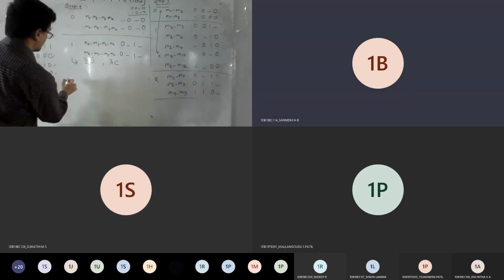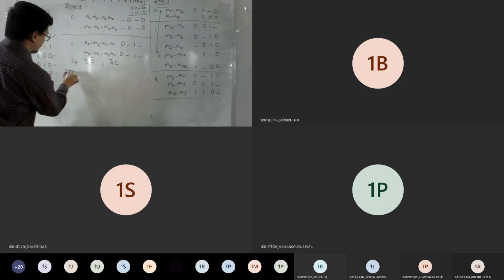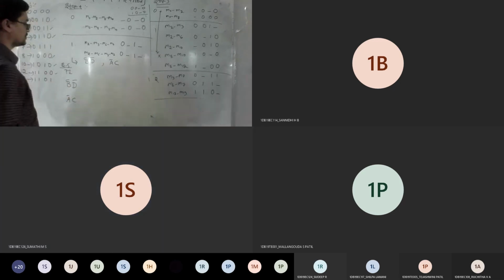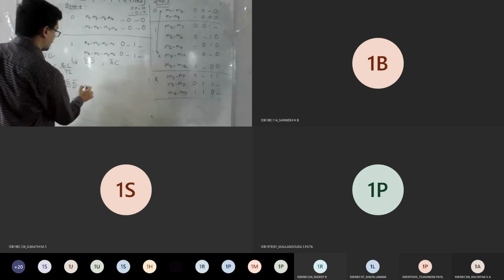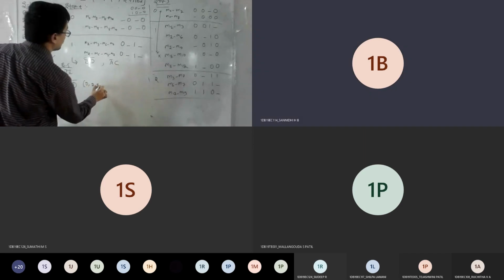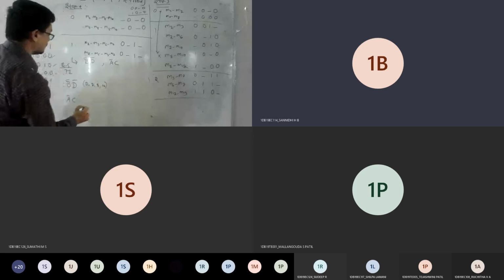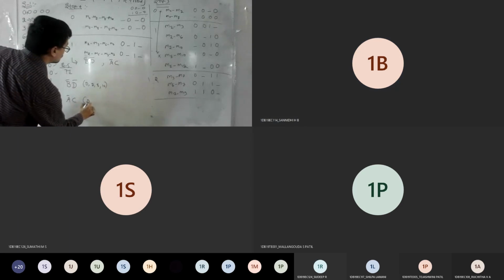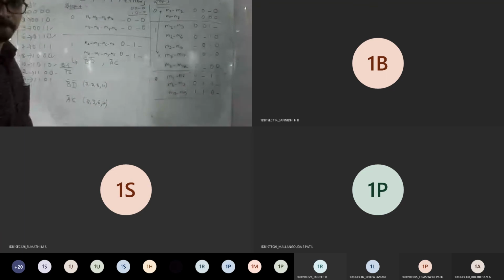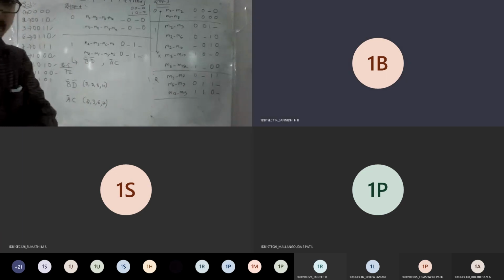Okay, so the answers I'll write here. So prime implicant table, your next step 5. Here I'll write B bar D bar, then A bar C is what you got. The minterms corresponding: it was 0, 2, 8 and 10, and here it is 2, 3, 6, 7. Is it visible what I'm writing?